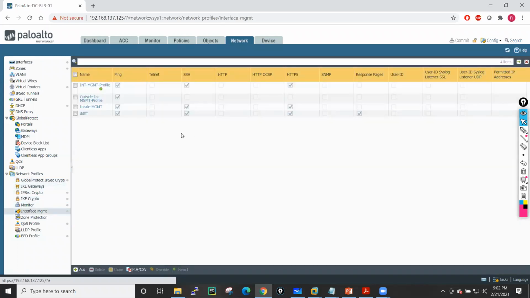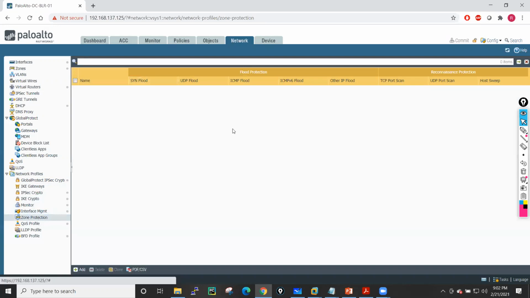By default, on your data interfaces, services like ping, HTTPS, Telnet, and SSH are disabled. If you want to enable these services, you have to deal with your interface management profile. Then we have a zone protection profile, where we configure our zone protection. We will see all of them in detail, so don't worry about that.